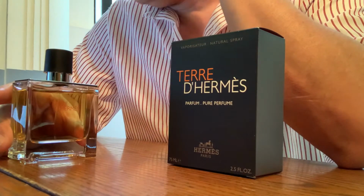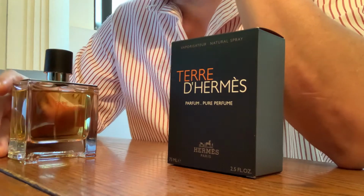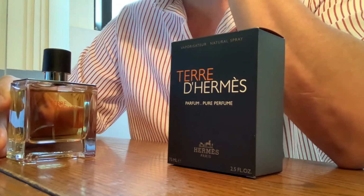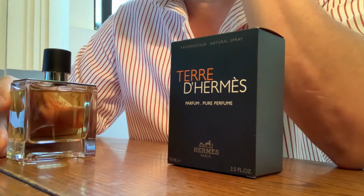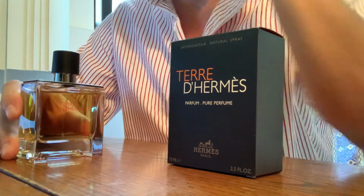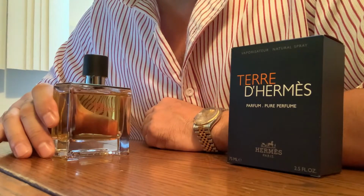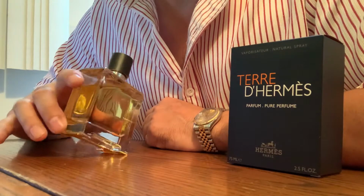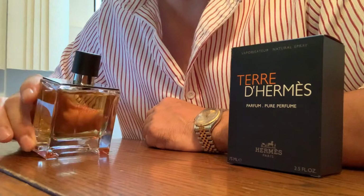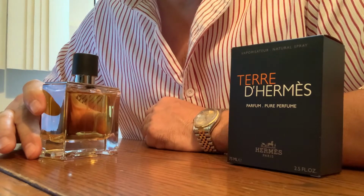Vetiver, maybe a little less pronounced compared to the EDT. I know the patchouli is not listed in this, and I think the patchouli is listed in the EDT. I hope there's patchouli in here. I want there to be. But the big deal with this for me, that this turned into a love, is that this is lacking the pepper that gives the EDT its edginess. It's a little rough texture in my opinion. It's a little sharp and rough. And that's why I never got a bottle. That's why